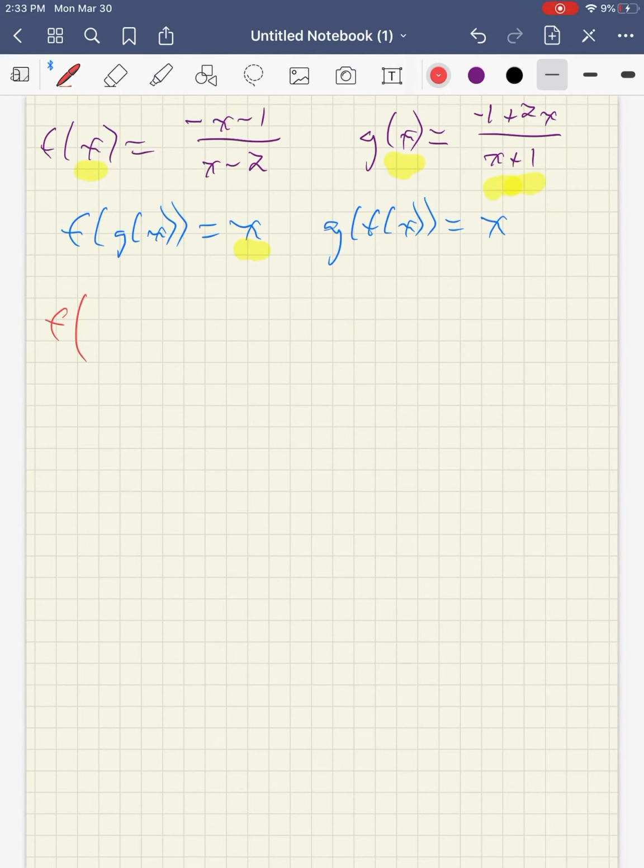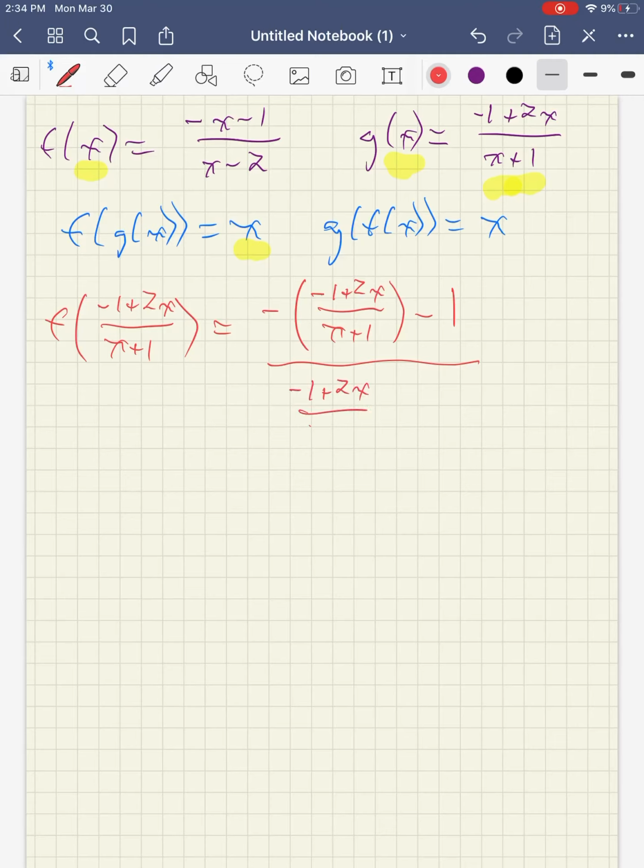So f of g of x is negative 1 plus 2x over x plus 1. Okay, so that's g of x, but what is f of that? Well, that's negative that. This is going to get a little complicated. Negative 1 plus 2x over x plus 1 minus 1 over negative 1 plus 2x over x plus 1